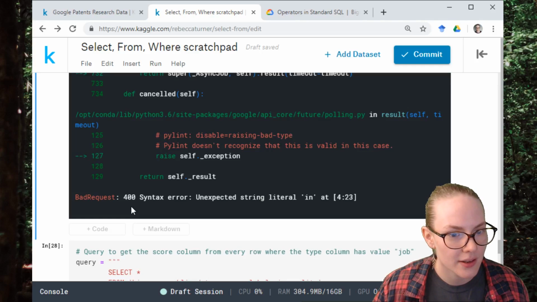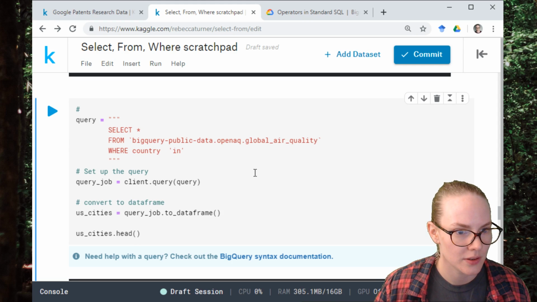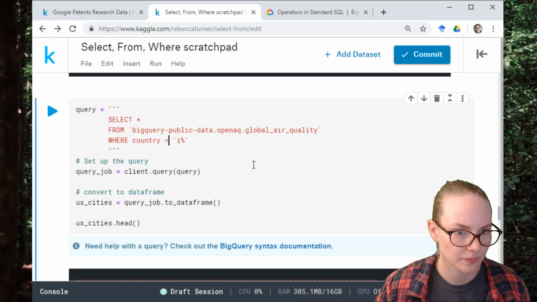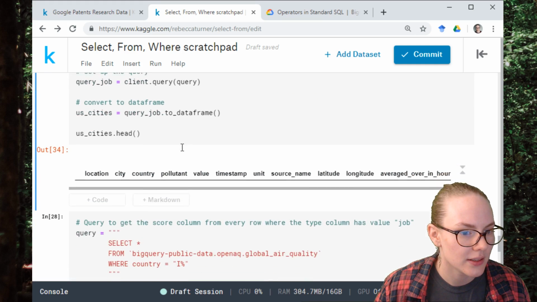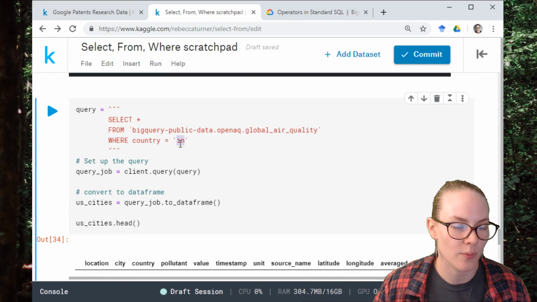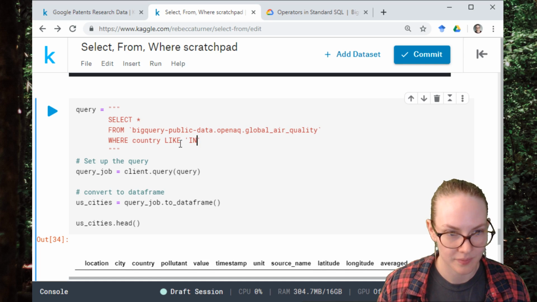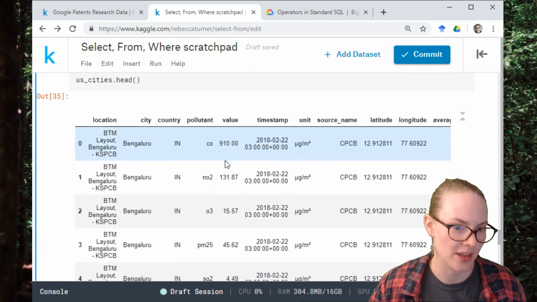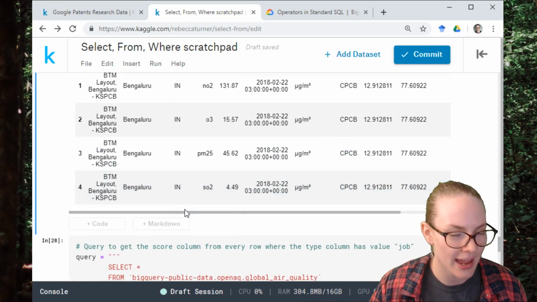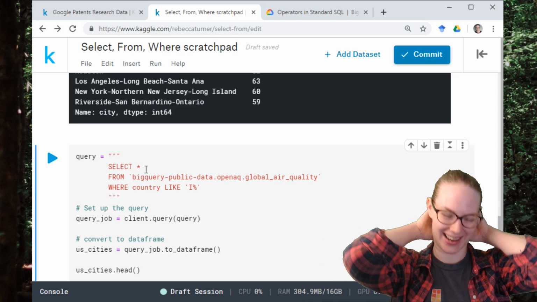What have I done? Unexpected string literal. There we go. Okay. So when you're using where, that is case sensitive. And that should give us all countries where the country ISO code begins with I, except we are looking at the head. Okay, sorry. So what I was figuring out for myself there is